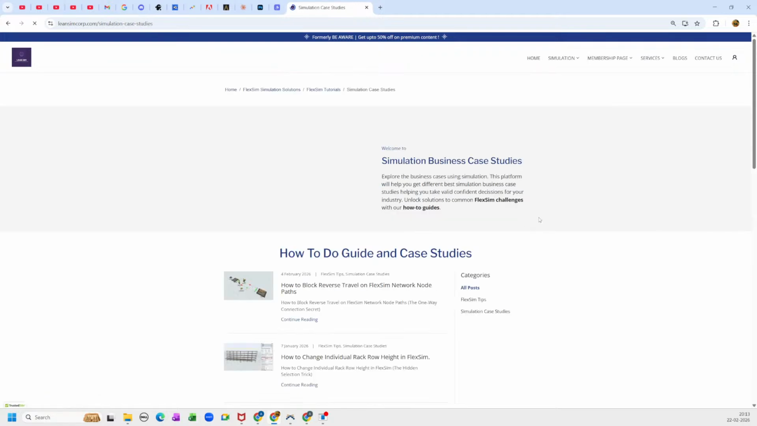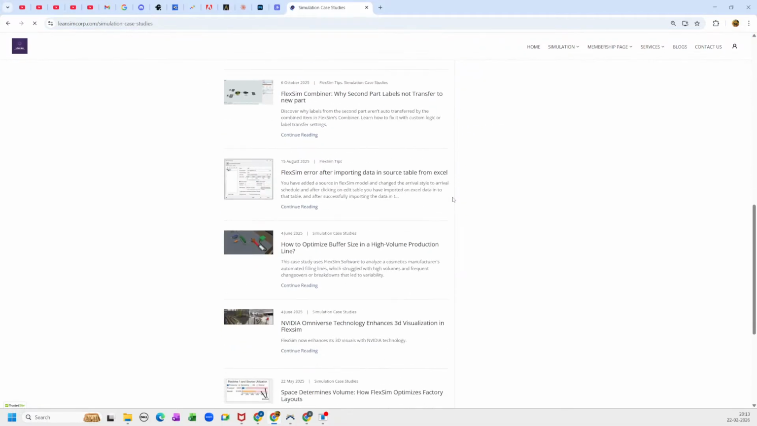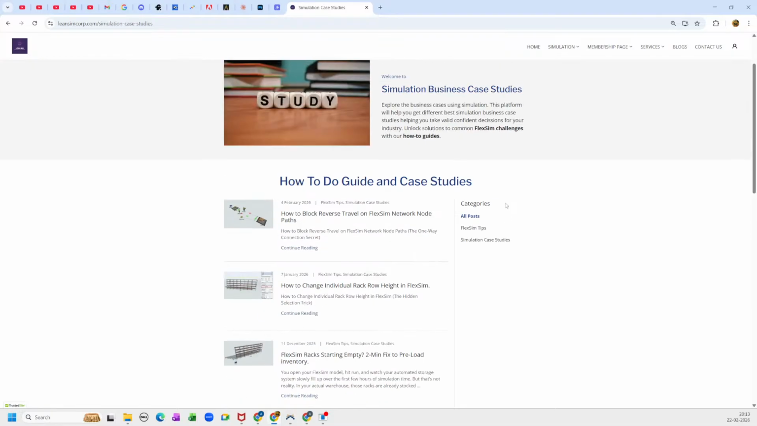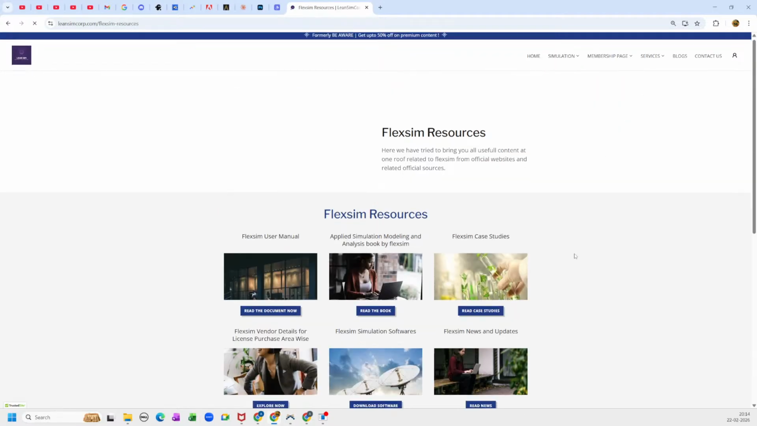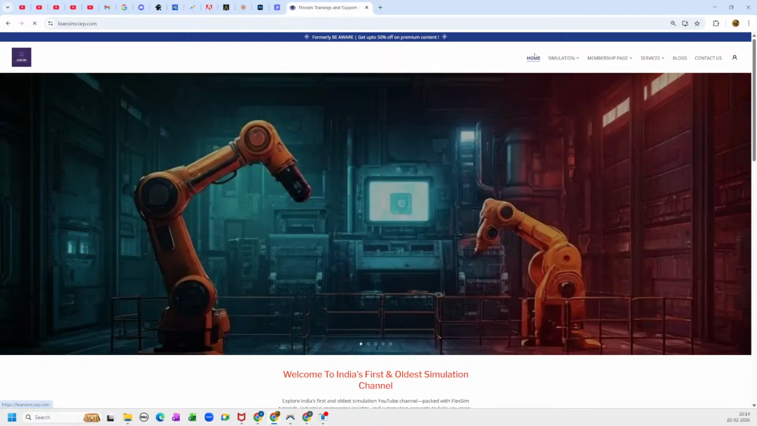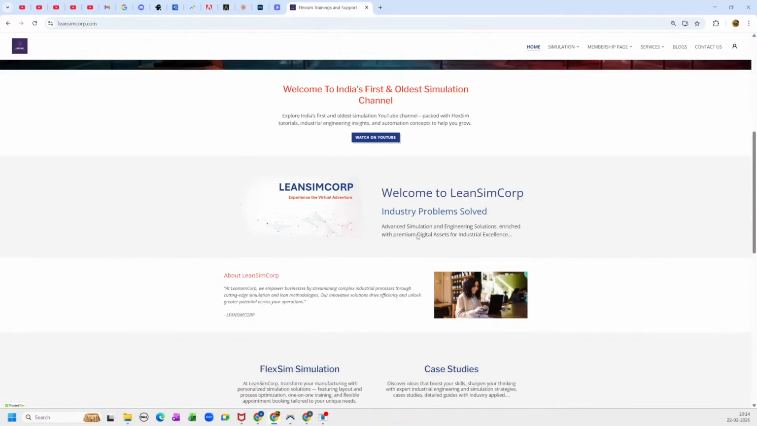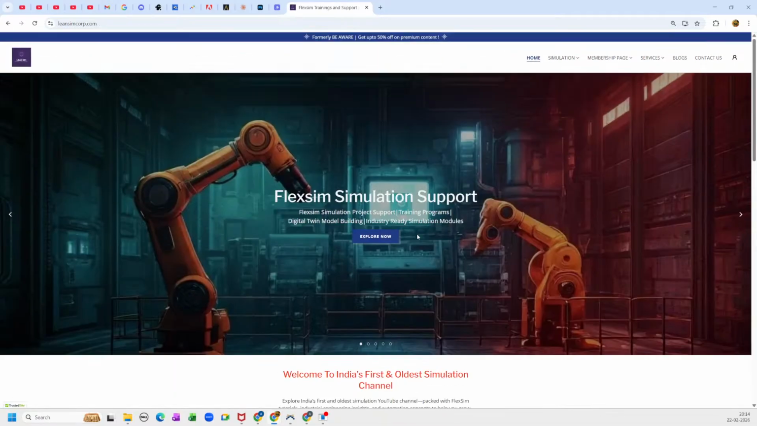Talking about simulation case studies and how-to guides, these are some of the great guides you will have, where you will understand how SOPs or WIs are going to help you with your Flexsim simulation model building. And then when you go into the Flexsim resources, you're going to get the Flexsim resources there. That's all for what I can say related to